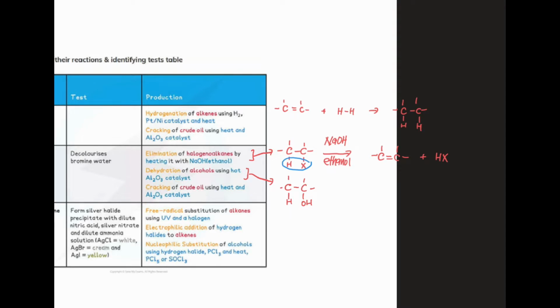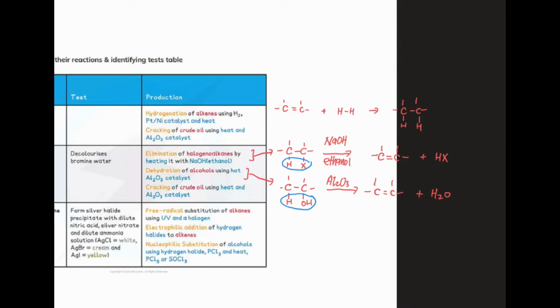And then you use, let's say, aluminum oxide as your catalyst. If you are not using this, there are other options, like concentrated sulfuric acid, which is also fine. What happens is you remove HOH, which is water, and you will get the C=C double bond, the alkene, together with water. So this is dehydration, or